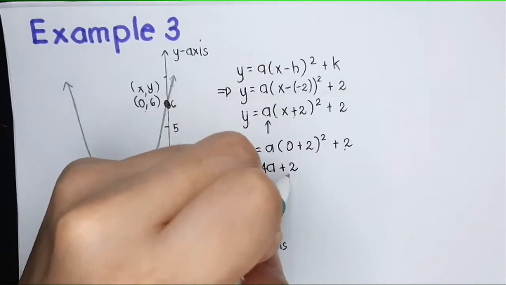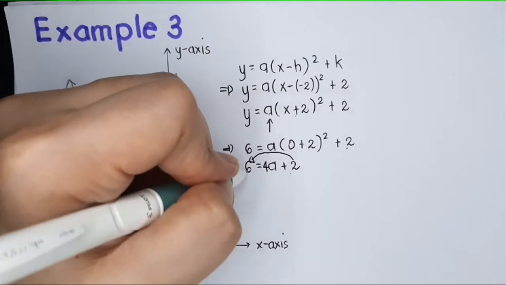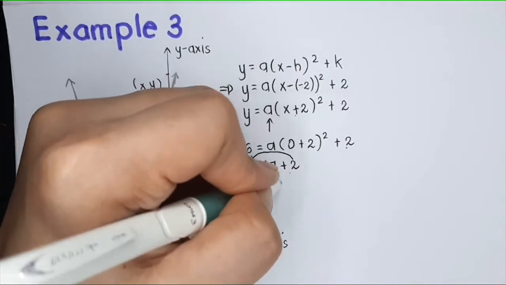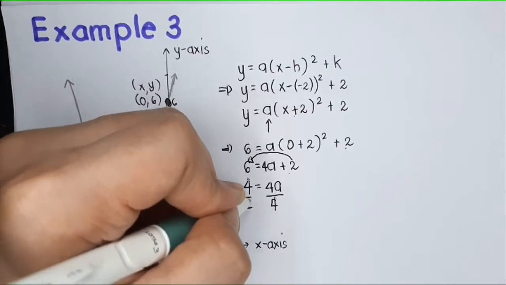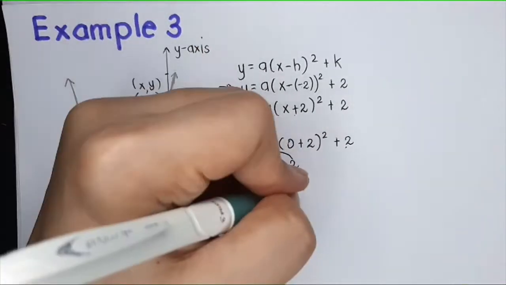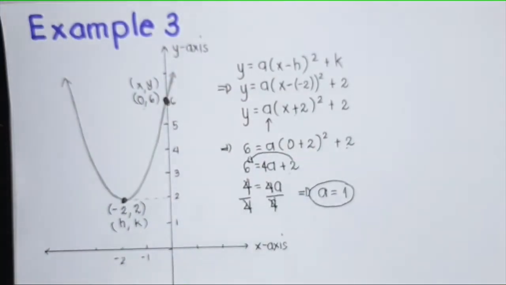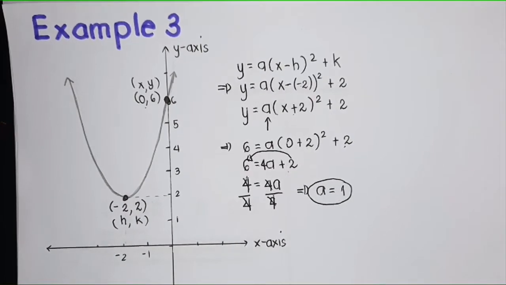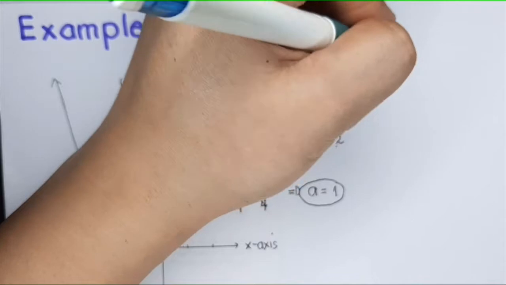Ito yun. Plus 2. Okay? I will transpose 2 to the other side. I'm going to get 6 minus 2. You'll have 4 equals 4a. Finally, dividing both sides by 4. Okay? What is the value of a? A is equal to 1. Okay? So, therefore, the quadratic function, the corresponding quadratic function to this graph is equal to, eto yon, y